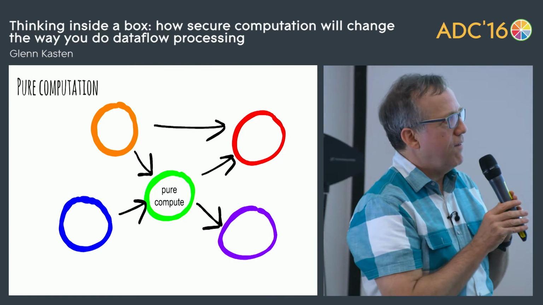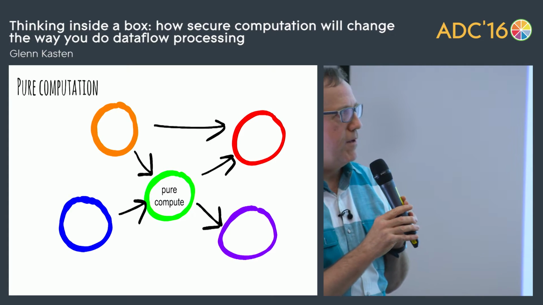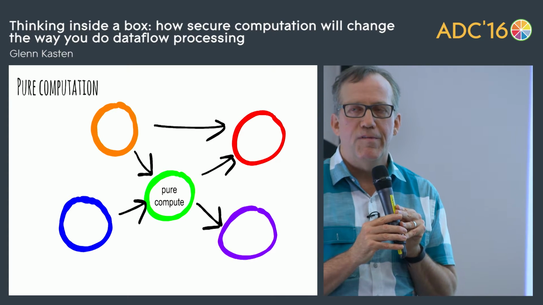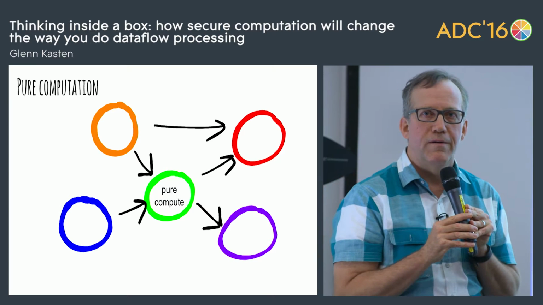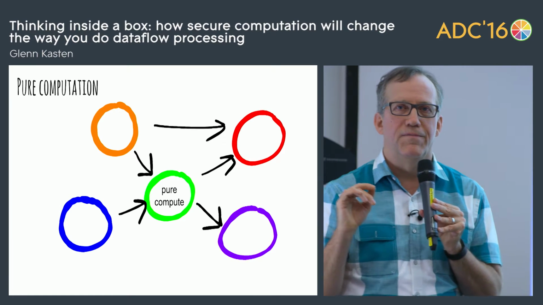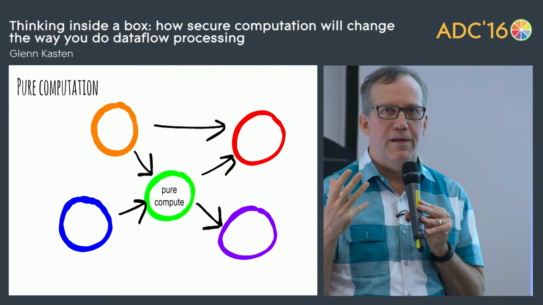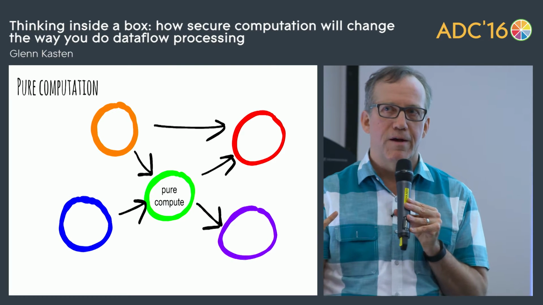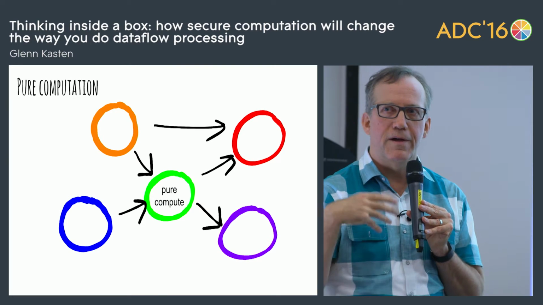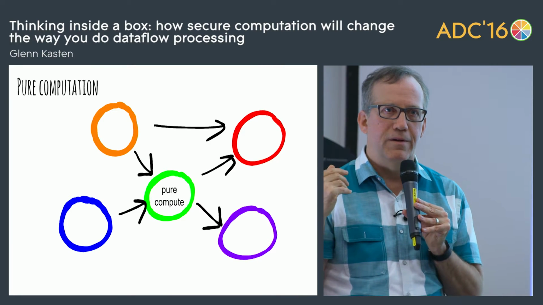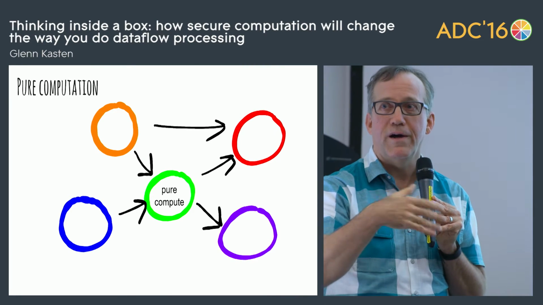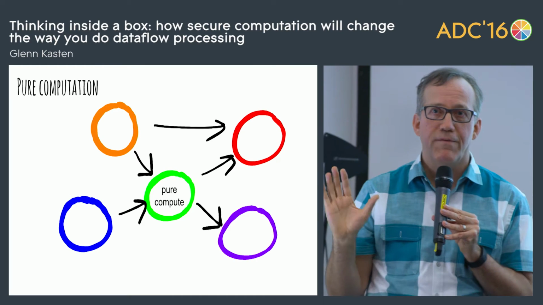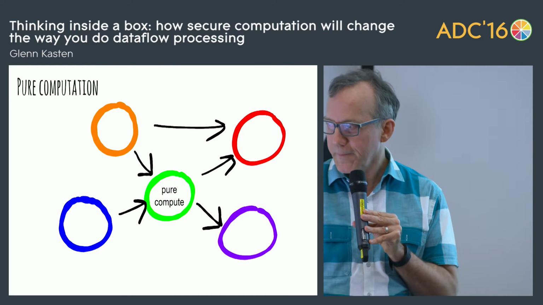A key point is that within each node, it should be a pure computation. And I'm using pure in the sense not of pure data, but of pure as in functional, meaning it has inputs, it produces outputs, but it has no global effect and is not affected by the outside world. It may have private state. I will allow that.